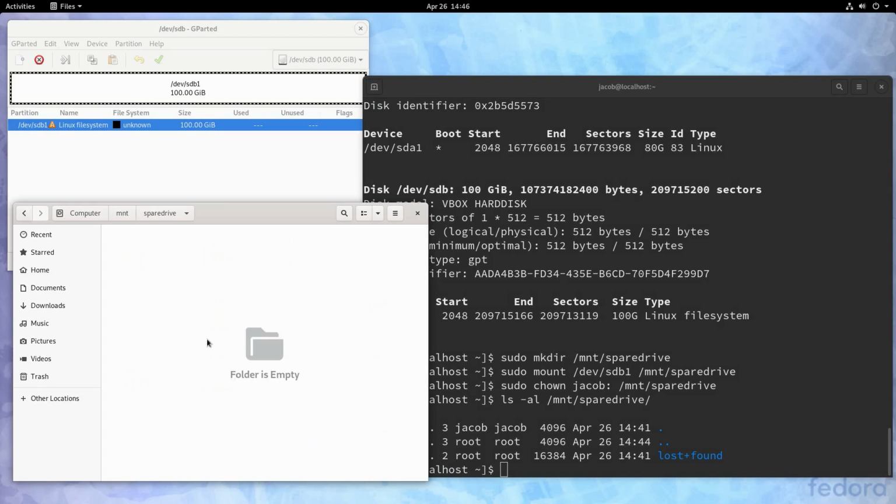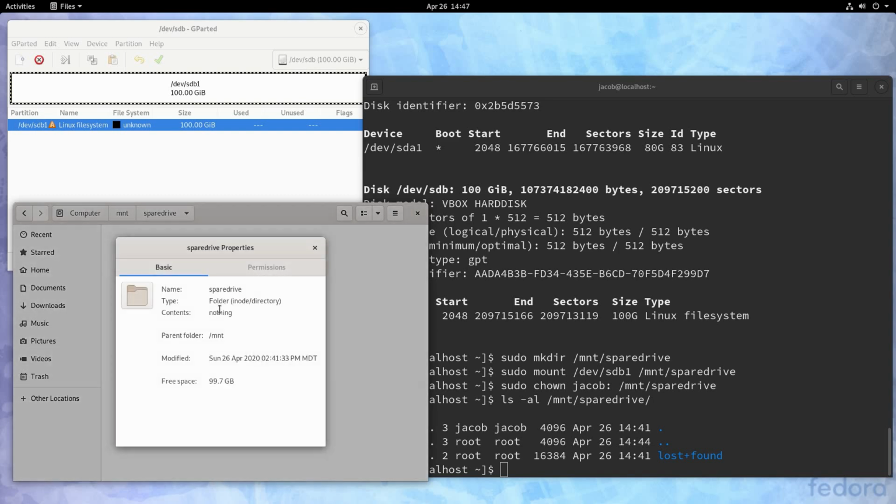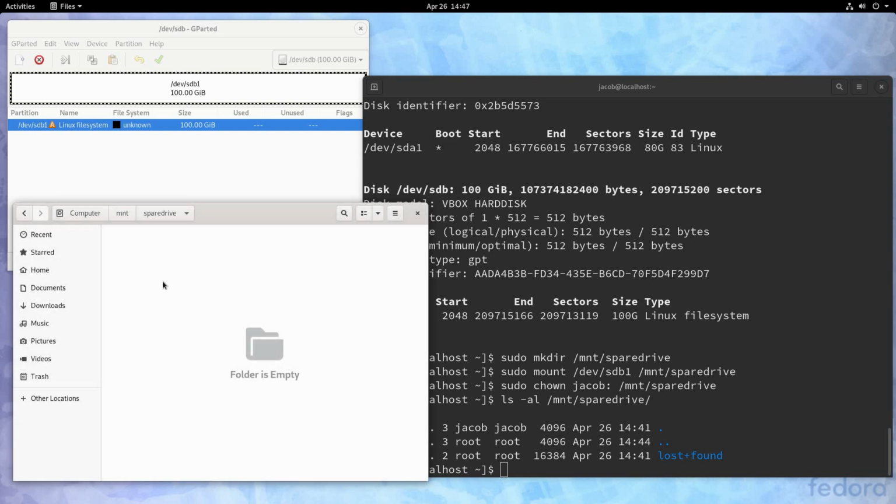And I know that this is the command line series, but once again, I did a separate video on navigating the file system. Right now, I just want you to see that this partition does exist and I can access it. If we right-click and click Properties here, you can see free space is 99 gigabytes, so we know that we're in our 100 gigabyte partition because my OS drive was only 80 gigabytes. We would not have this much free space if this partition was not mounted.